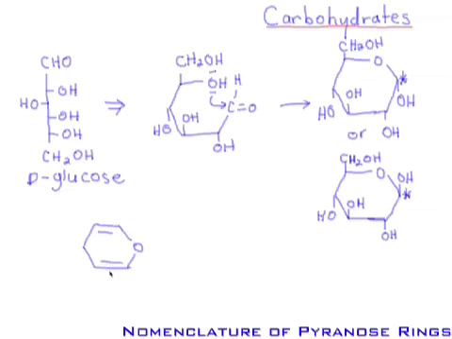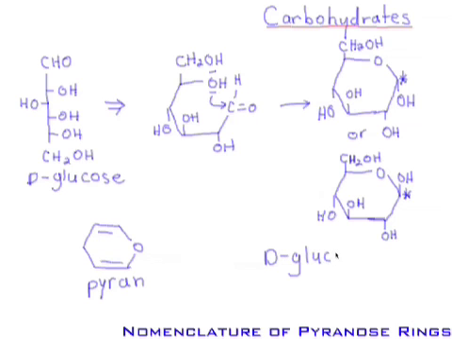Although this molecule has double bonds, it does have a 6-membered ring in which one of the atoms is oxygen. This molecule's common name is pyran. Since we are dealing with sugars, the -ose ending is added, and both of these molecules, when you have the ring structure, are referred to as